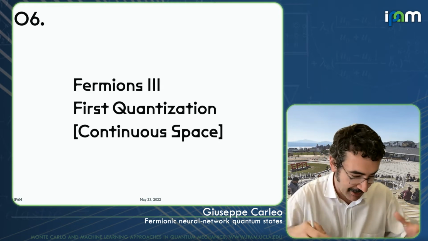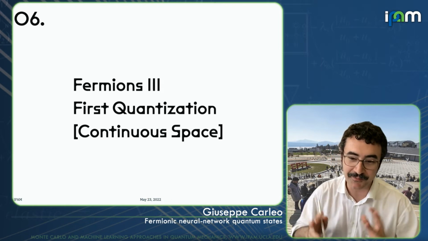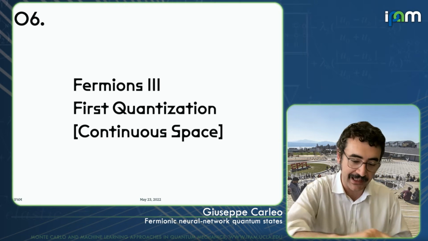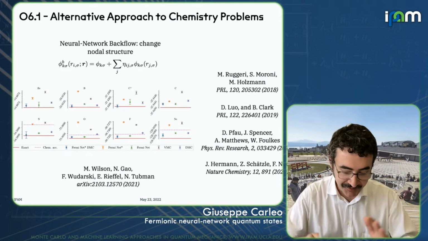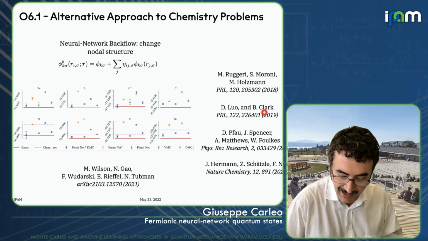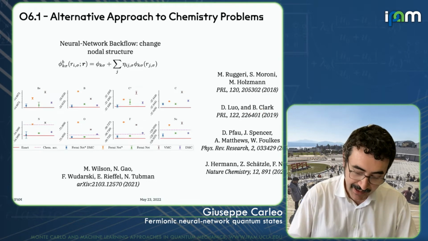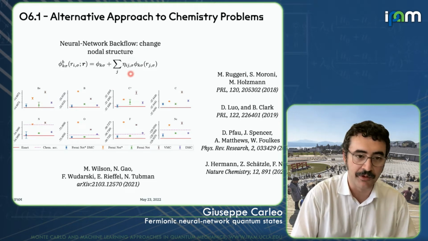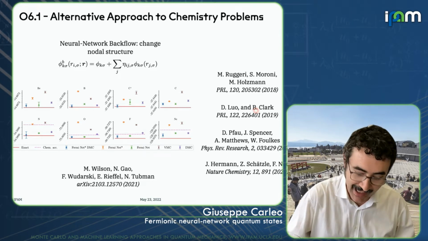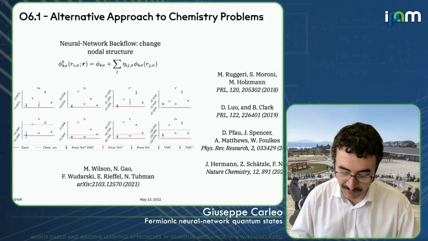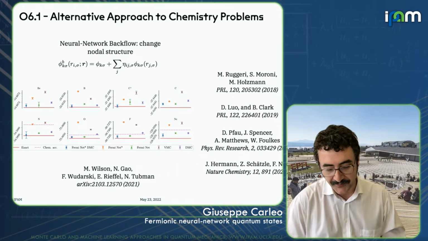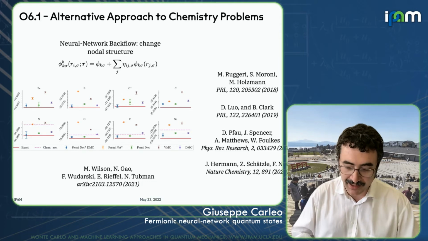So if we forget now about the limitations or the features of living on a lattice, and instead we allow our electrons to operate freely in continuous space, you've seen already, specifically in the talk yesterday by Brian Clark, that the main idea there is to use a backflow parameterization of the orbitals. Actually, Brian did it on the lattice, but the more recent applications that have been done, and you will hear about, are for chemistry.